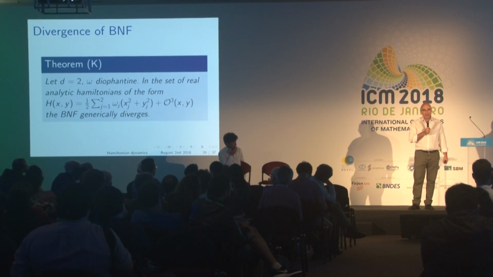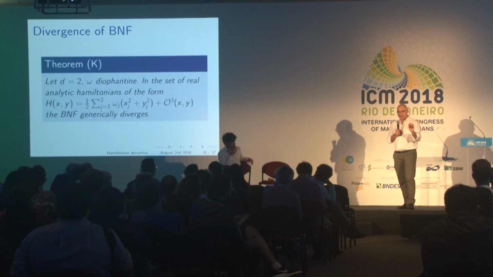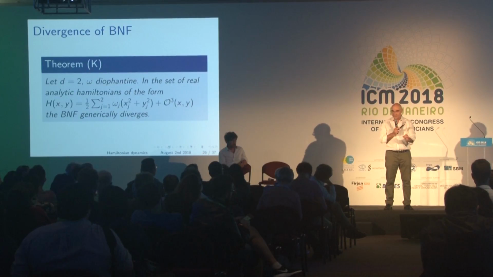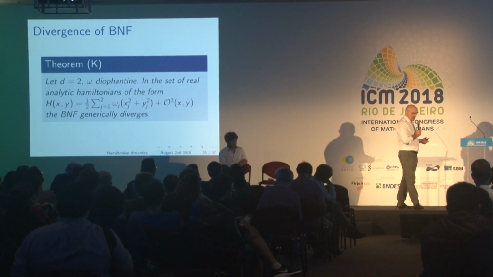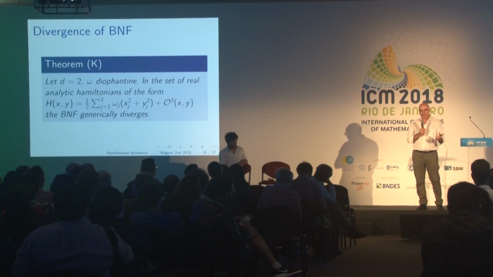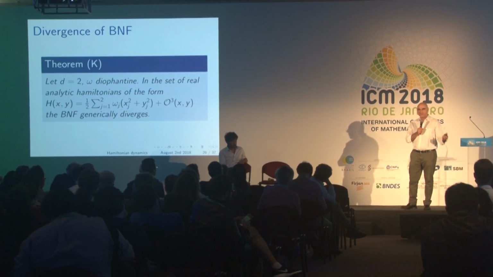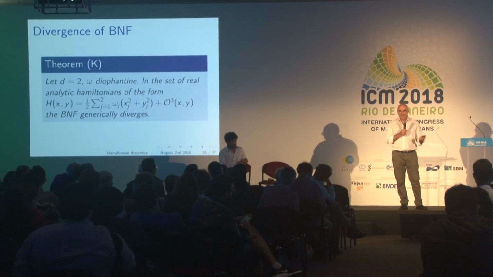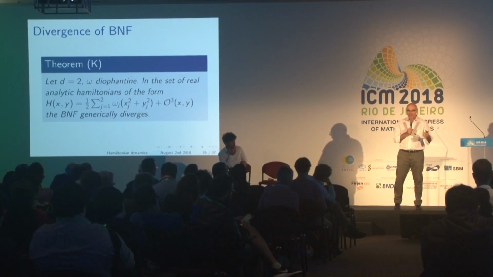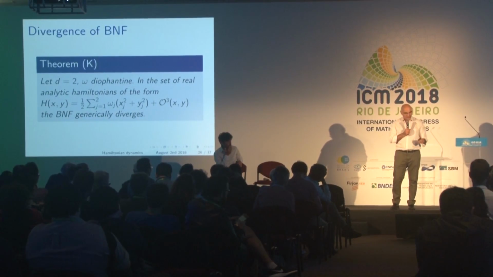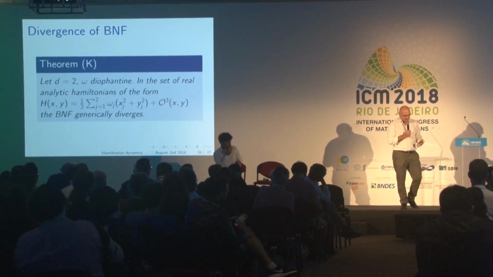This is something you can do, but then you've got resonances, and these resonances make holes in the domain, in the phase space. The thing is that you want to prove that the holes are small. And in fact, that's what happens in this theorem. If you assume that the Birkhoff normal form is convergent, then the size of the holes has to be smaller than what it should be for a generic system. That's basically the way the proof goes. Of course, you then have to prove that these holes are small. I won't describe more of the proof.